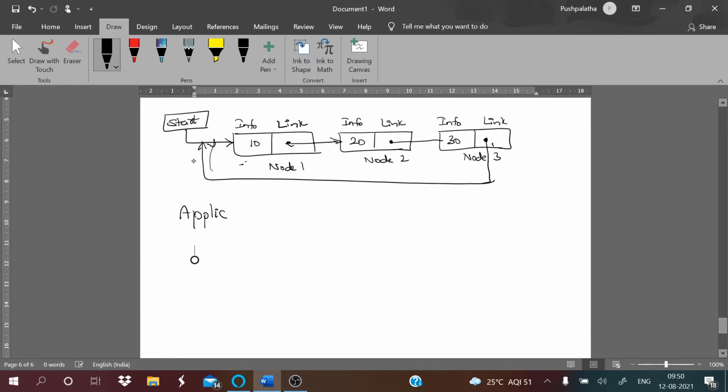So, applications of linked lists. A linked list is used to represent stacks and queues.